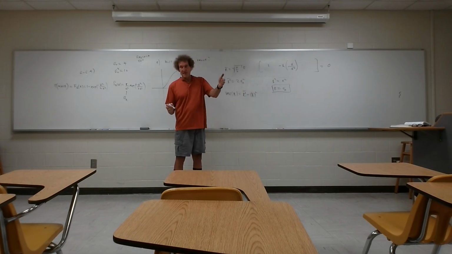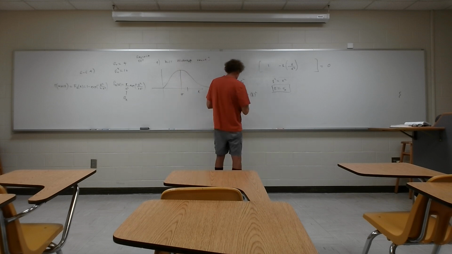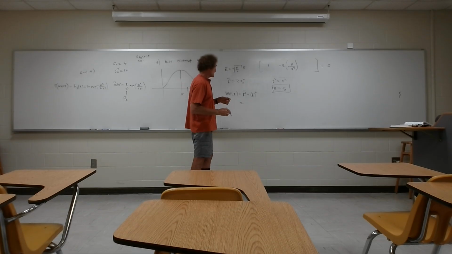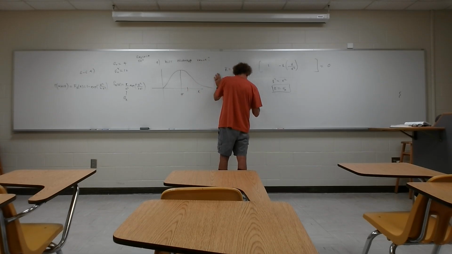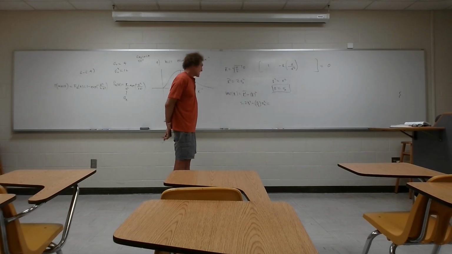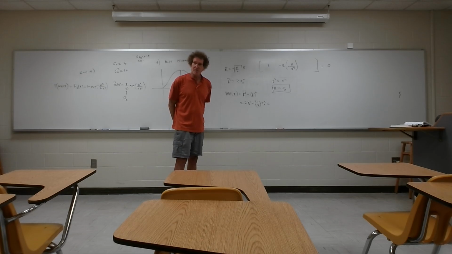Now that's for the Rayleigh, not for the Gaussians that the Rayleigh is based on. For this one, you can just take these and get it. So you've got 2 sigma x squared, and then you're going to take minus, and when you square it, it's going to be pi over 2 times sigma x squared. And you can get it that way. In the book, I think he has it like 0.6234, something like that, sigma squared. Do you all remember that? How many remember that part of it in the PDF? Nobody? You didn't see it?